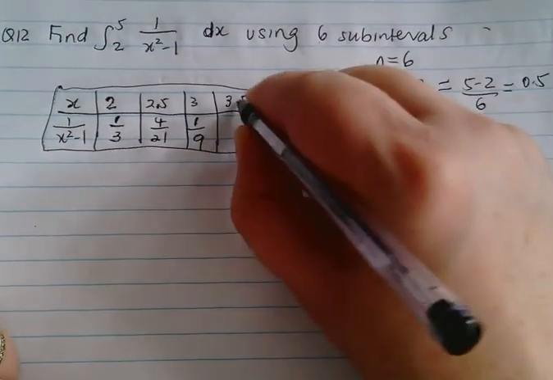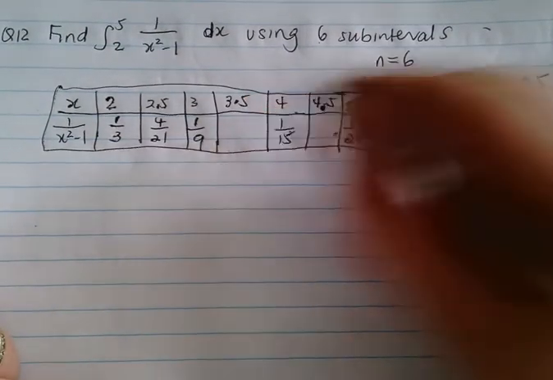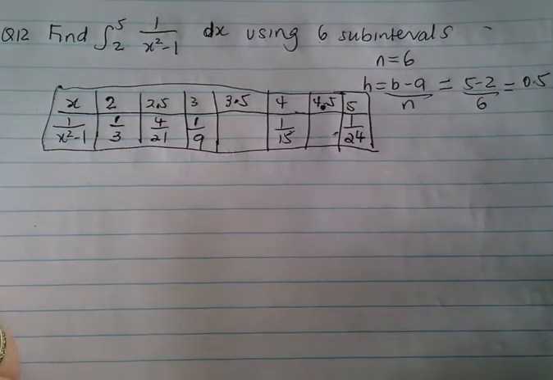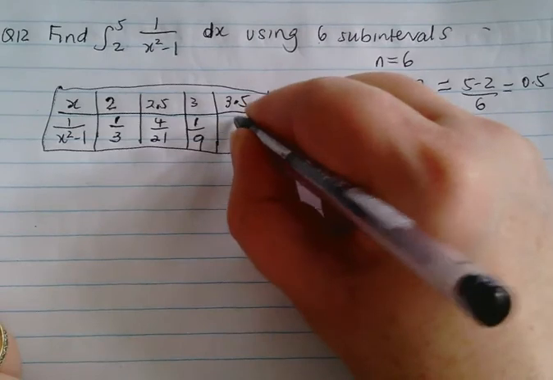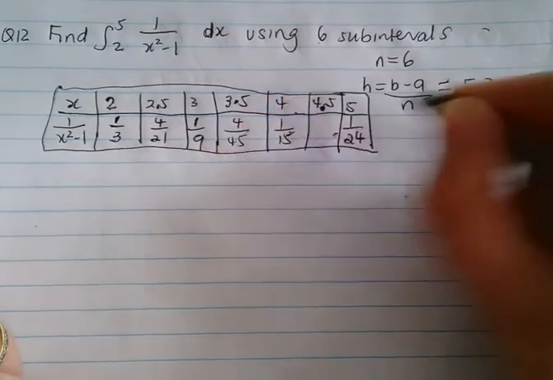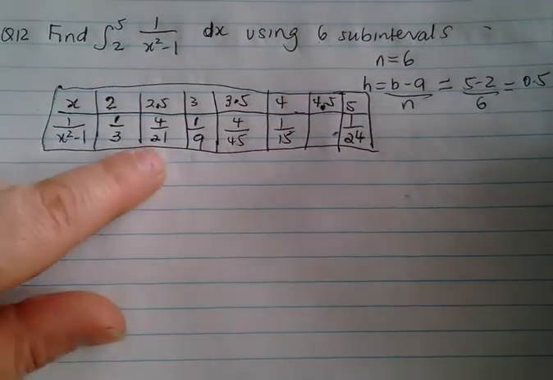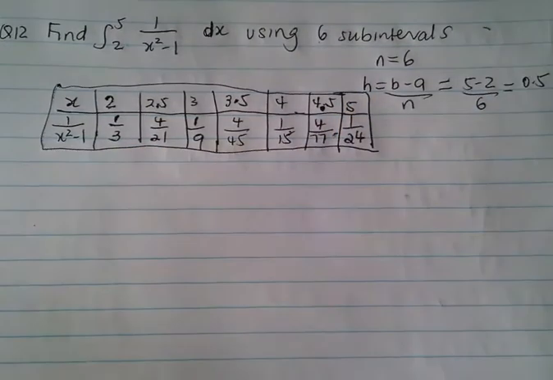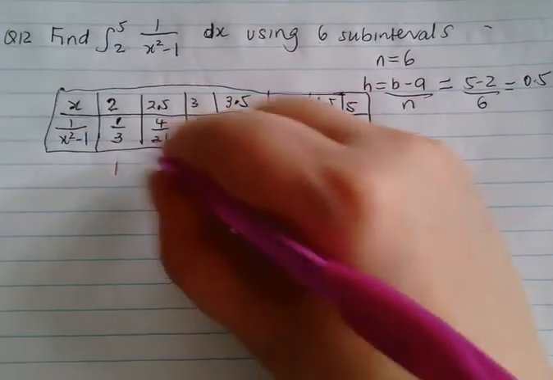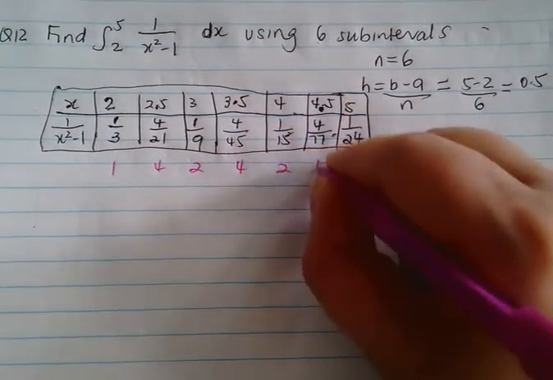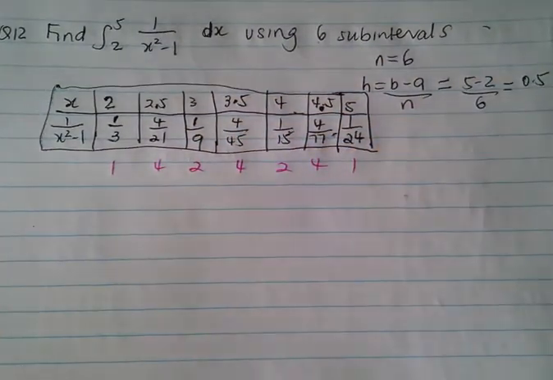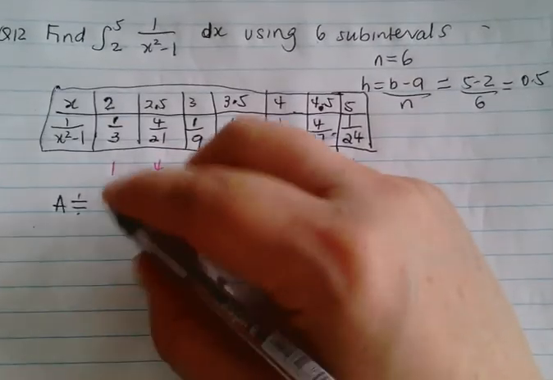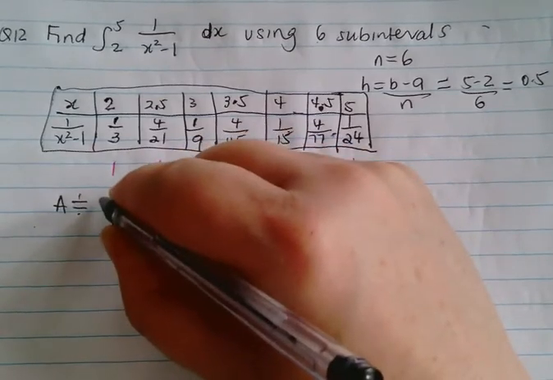What about 3.5 squared? What do we get? The 3.5 one. Anyone? 4 on? And then this must be 4 on something as well. Okay, so multiplier pattern underneath: 1, 4, 2, 4, 2, 4, 1. And off you go with your area is approximately equal to h on 3, which is 0.5 on 3,